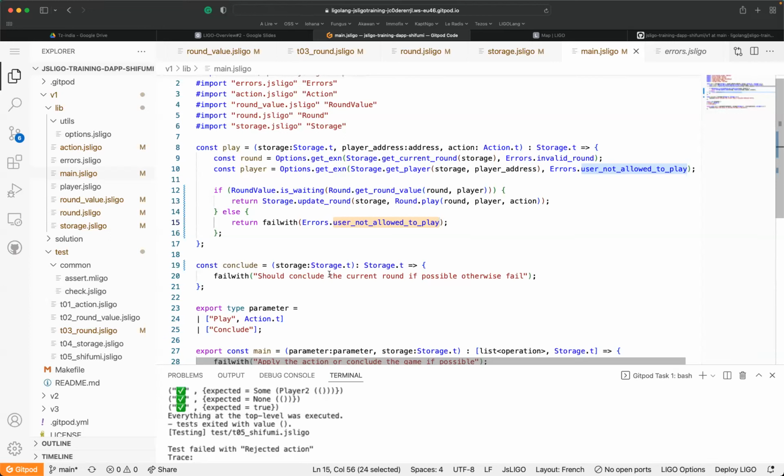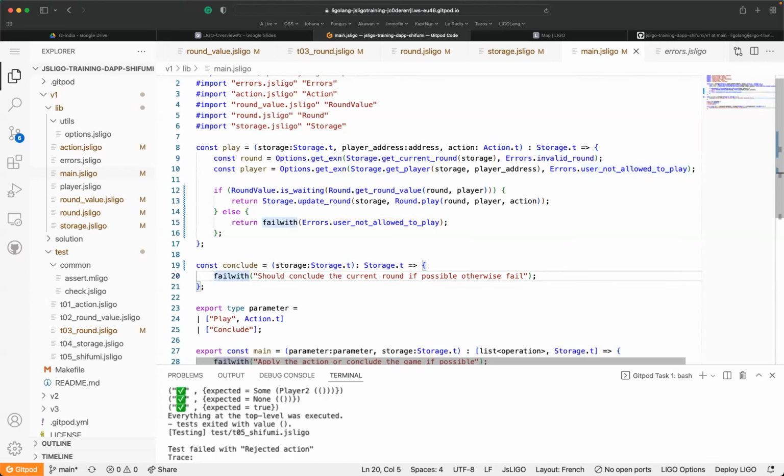And the conclude is quite easy. I'm going to write it because we have to deal with it. First, in order to conclude, we have to retrieve the current round and check if both players have already played. So this can be done easily. We can retrieve just the current round here.